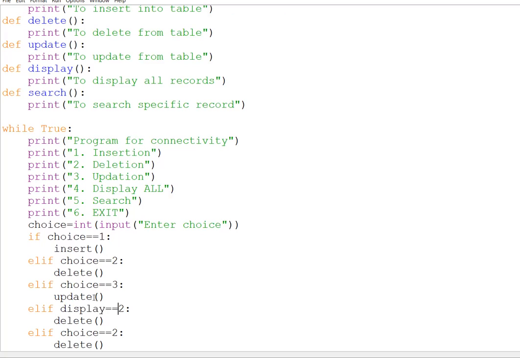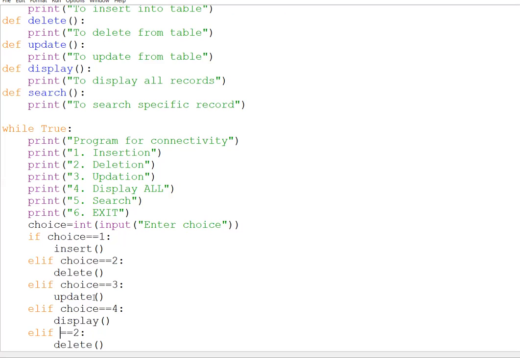And remember this thing: once you have done any one code, you always have to check whether a mistake is there or not. Make a small part, check that part. If it is working perfectly, then only go for another part. For example, once this menu is complete, I will check the menu first. It is not like I will make the complete program and only in the last check.